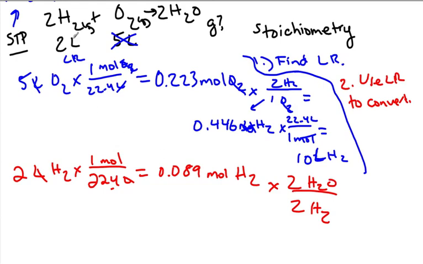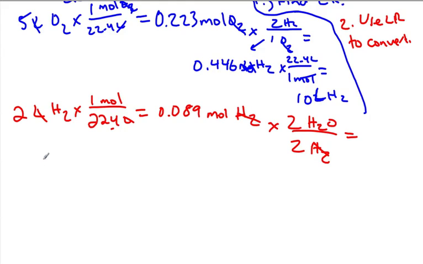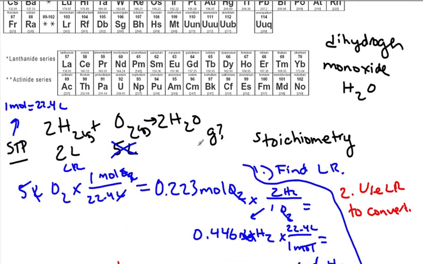How did I get this? Recall that it's from the balanced chemical equation. So H2 cancels, and now we're going to be left with moles of H2O. Now, if you notice, we're going to multiply by 2 and divide by 2, which is exactly the same thing. So we're going to get the same answer. So let's just rewrite that. 0.089 moles of H2O. Now, that's how many moles of H2O we're going to need, but they're asking us about